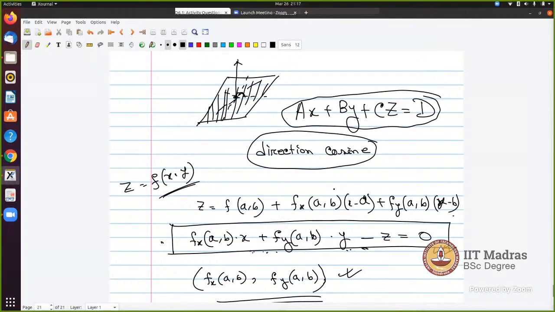Please take up any point on this plane. Then that will be a vector of this plane, right? Now if you multiply this with this gradient vector, you will get the